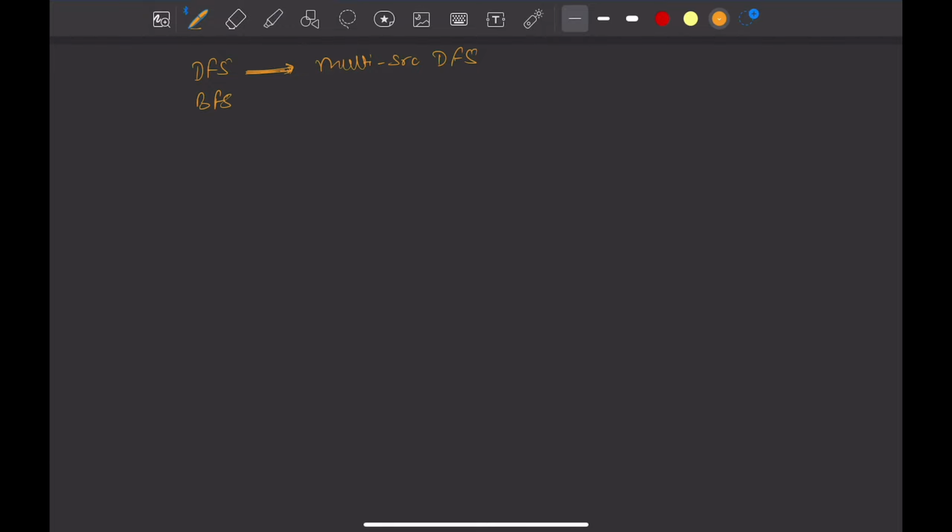Similarly, the BFS also, multi-source BFS. For multi-source BFS, we have the shortest path with equal weight edges kind of problem. After multi-source BFS and DFS,